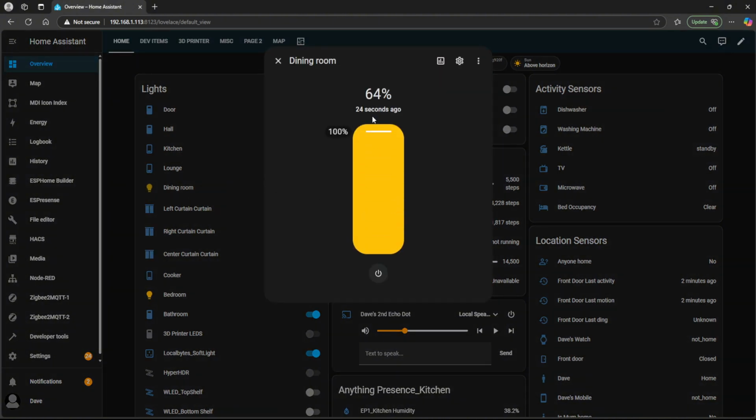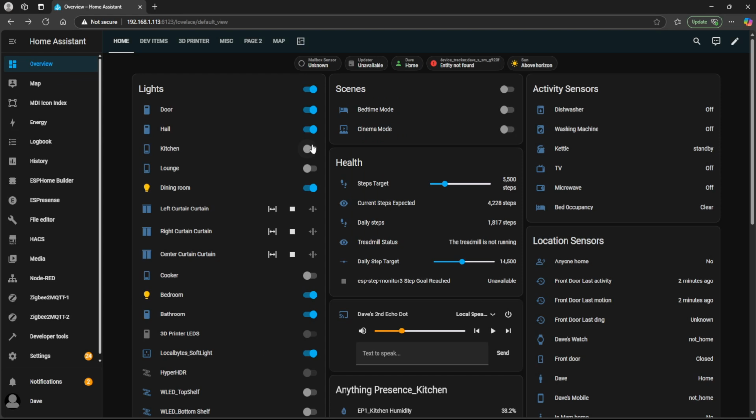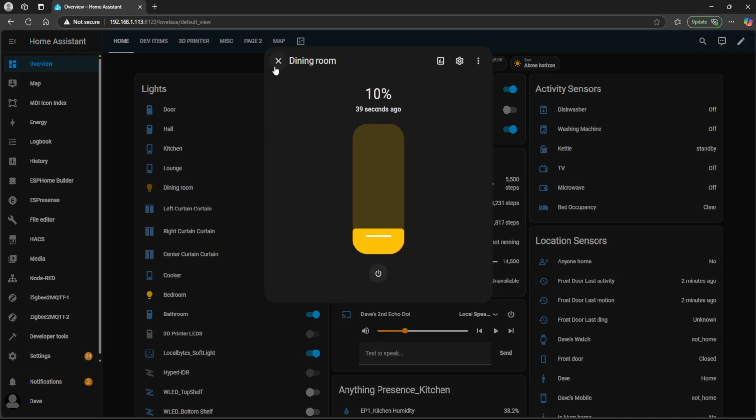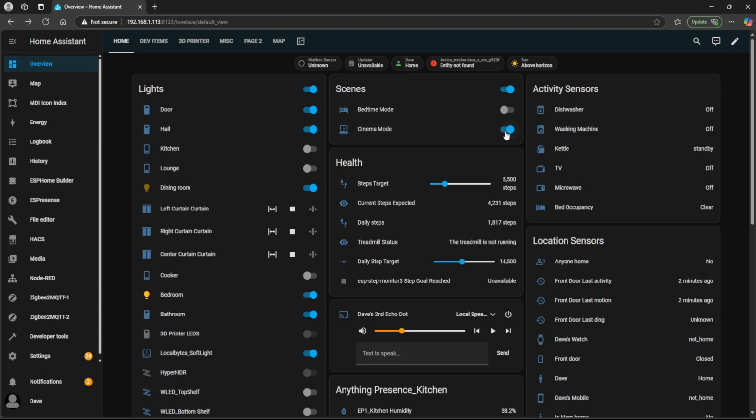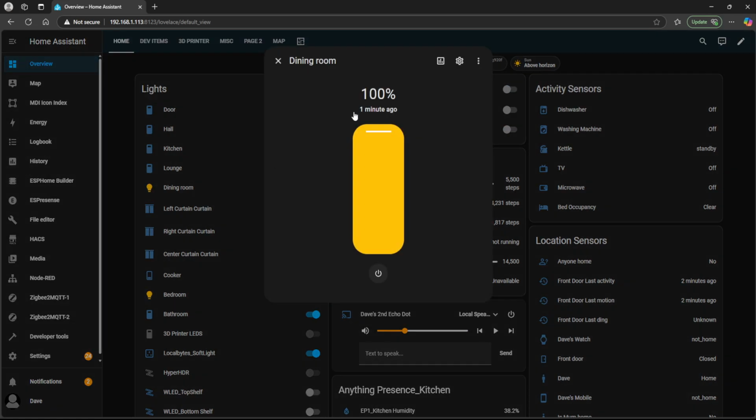I'm just going to change it to something completely different just so we can see that's working. So if I now turn on cinema mode, you can see that lounge is turned off and the kitchen. And if I go to dining room, it's now on 10% brightness. If I now turn it off, you can see it's reverted back and the dining room's back to